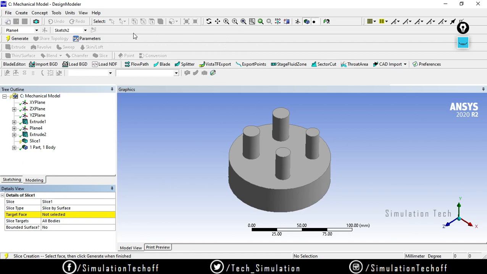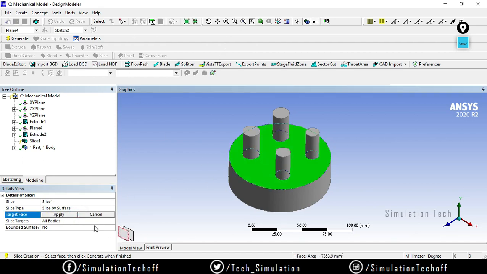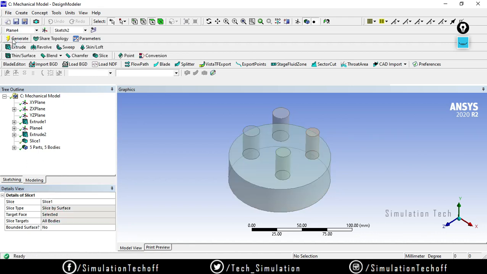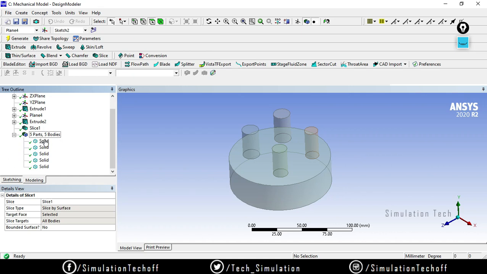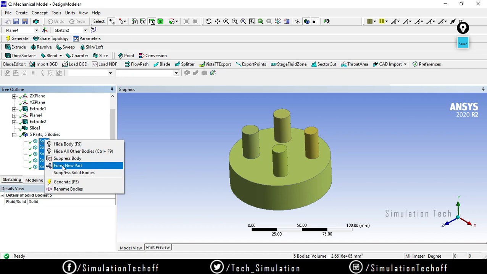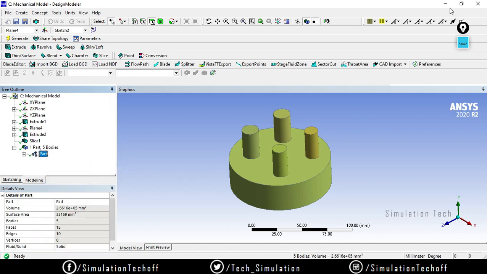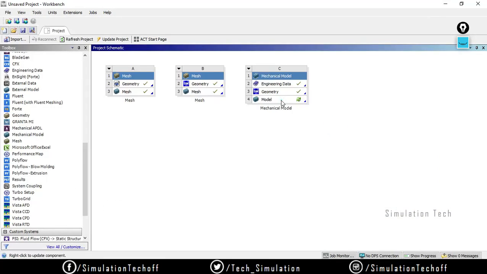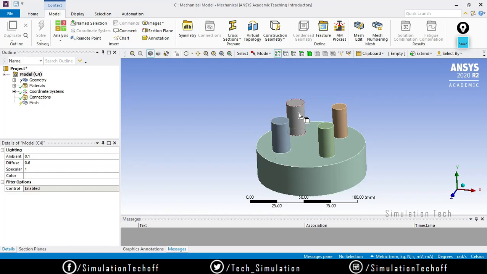This is my target face, click on apply and say generate. Now it is split. In the earlier case we only had one part. Right now we have five bodies, and always make sure it's a single part. Again get back to that. So now my design is updated. Okay, so this is a separate one, this is a separate one, and this is a separate one.